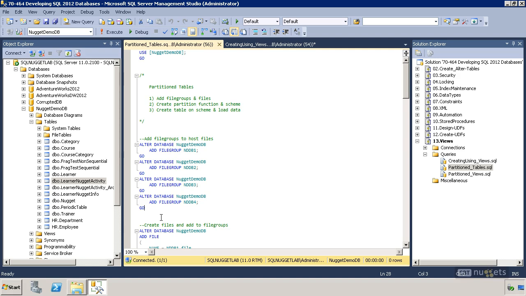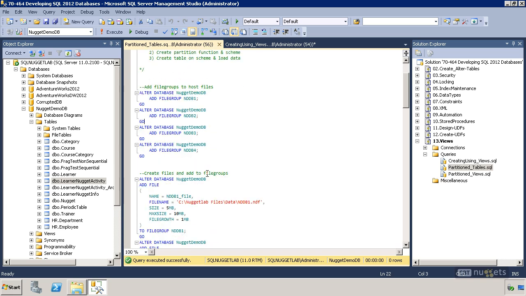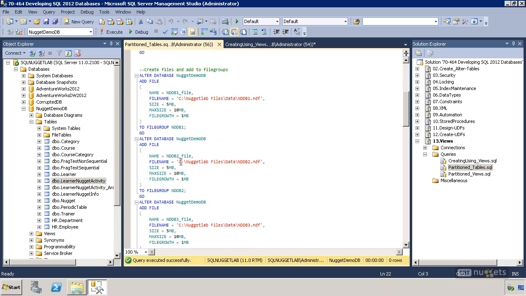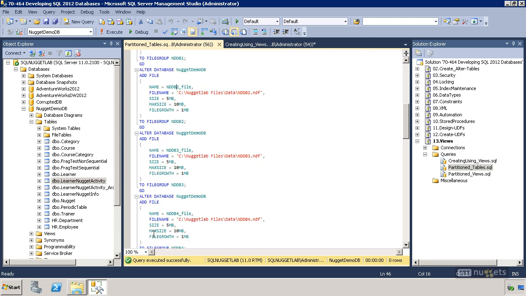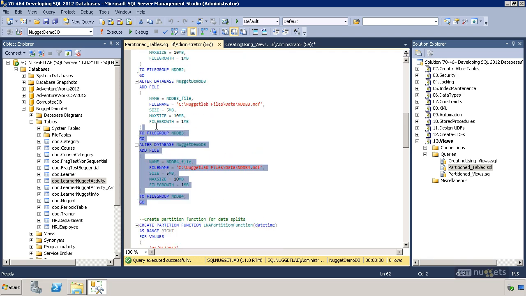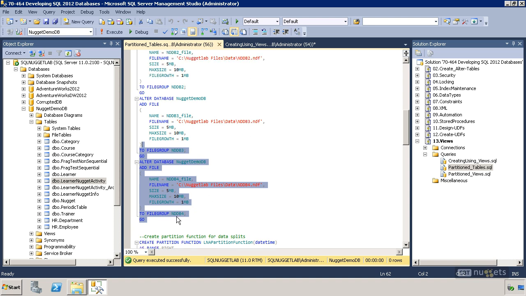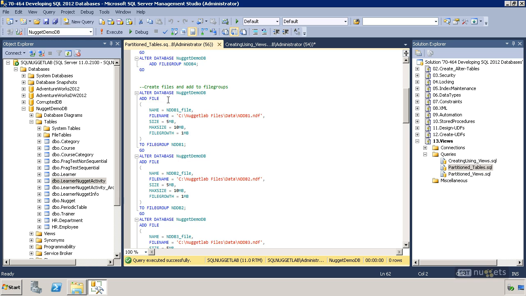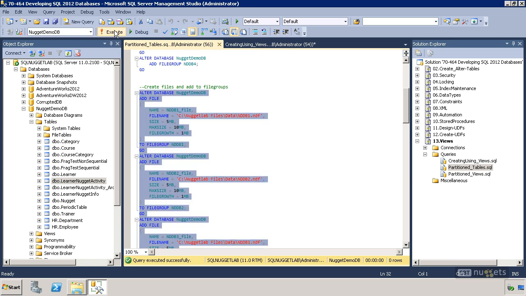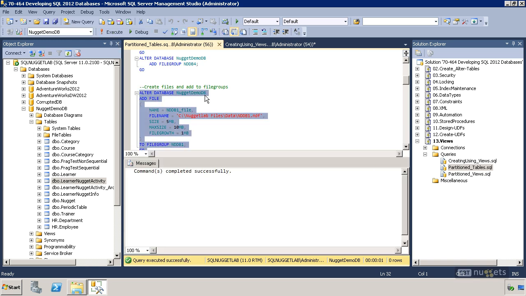So here's how this process works. First, we need to add some file groups to host the files that are going to contain the data. So let's do that. Let's create the file groups. All right, those are good. The next thing we need to do here is create the files and add them to their respective file groups. So for this demo, we're just going to do one file per file group. So we're going to create 4 files here. NDDB1 through 4, all stored on the file system, all in their respective file groups. So let's do that. Let's just create all of these files, plant them in their file groups,